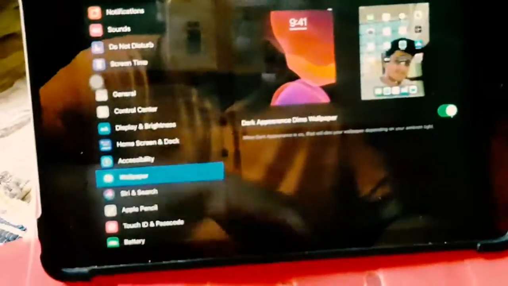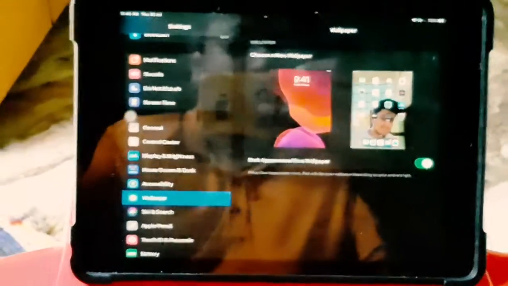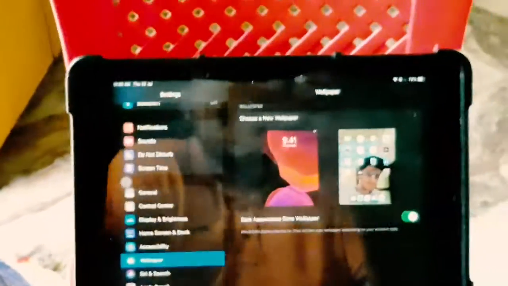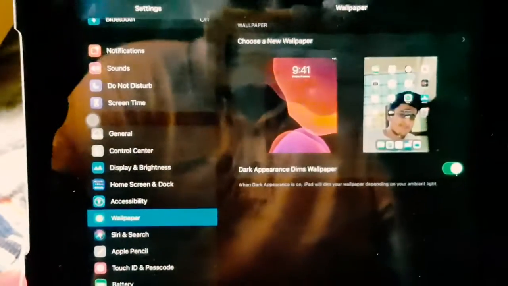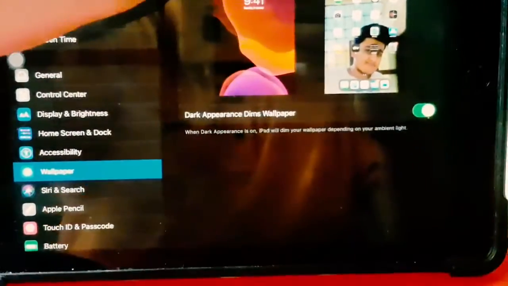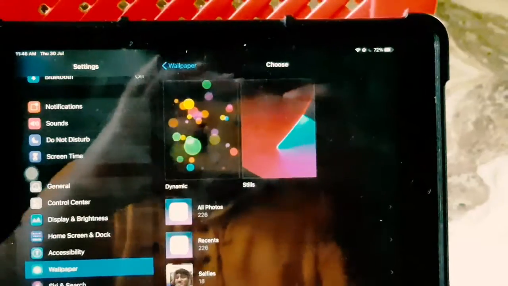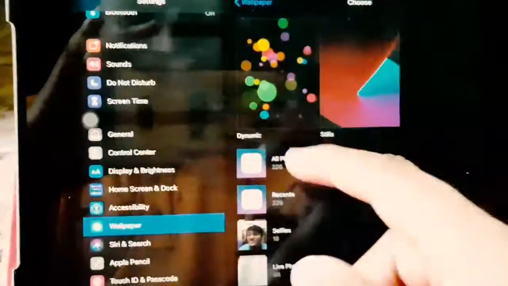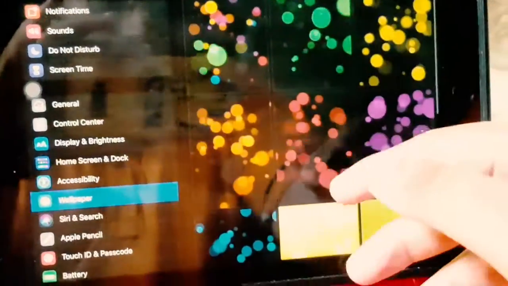And the second thing, there are some brand new wallpapers. Every time a brand new software update comes, we keep changing the wallpaper. So let's see what new wallpapers there are. You can see right here there are some brand new stills and some more dynamic wallpapers.